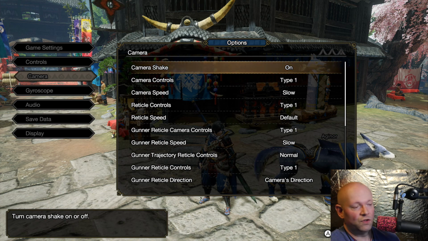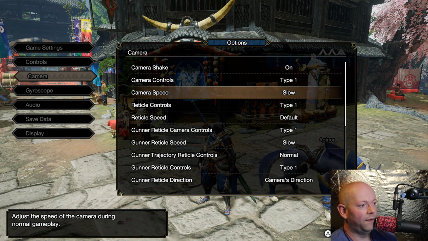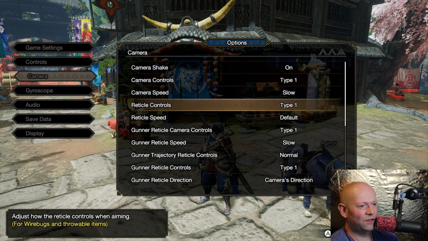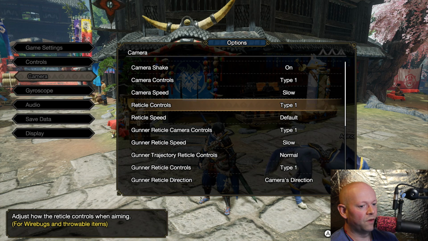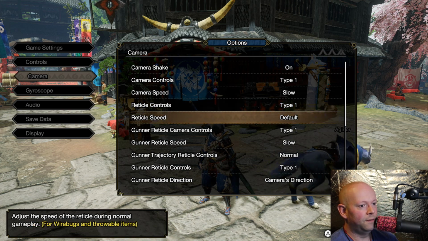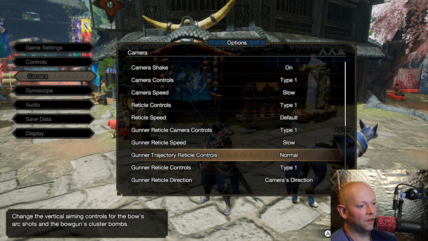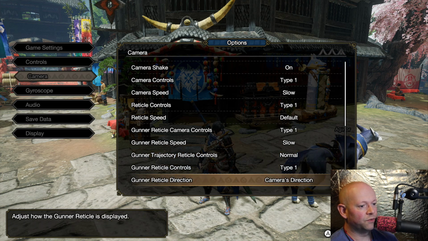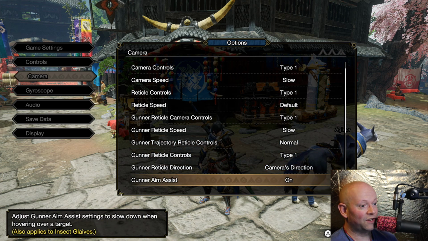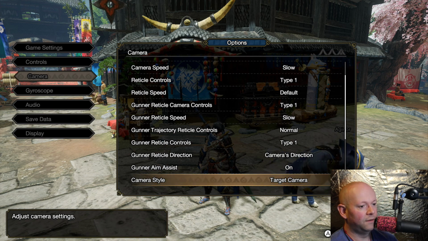Camera, do you want the camera shake on? Camera controls as a whole during normal gameplay, the camera speed, you can change that. You can change the reticle controls for wire bugs and throwable items, the reticle speed, gunner reticle camera controls, gunner reticle speed, the gunner trajectory, reticle controls, gunner reticle controls, gunner reticle direction, gunner aim assist, camera style, because in